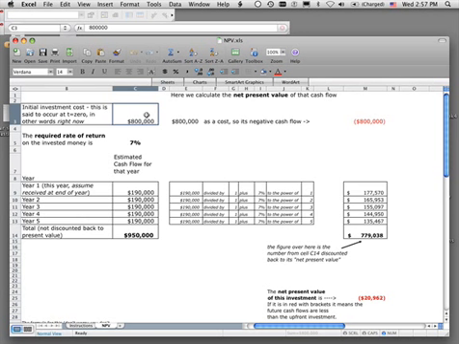Now, because I've got alternatives to use for that money, I'm going to say I require a certain rate of return on my investment, and I'm setting my required rate of return as 7%. Now, if I thought the investment was really risky, then I would want a higher rate of return. So if I was planning on investing $800,000 in the stock market, then I would want a higher rate